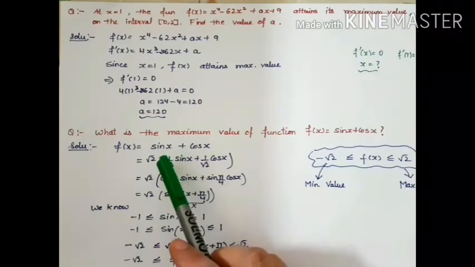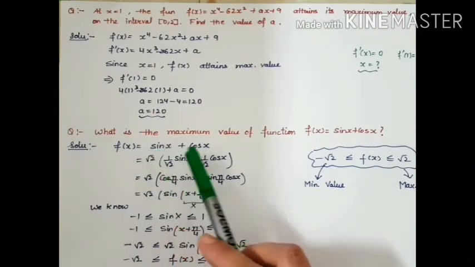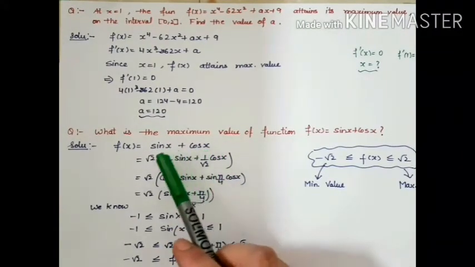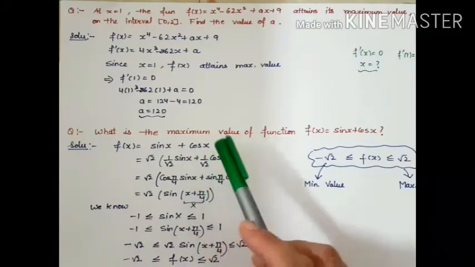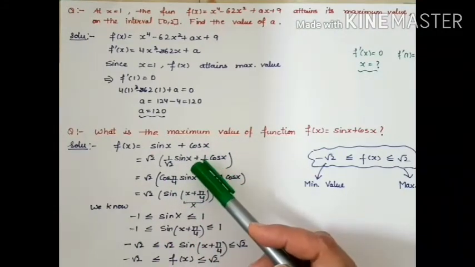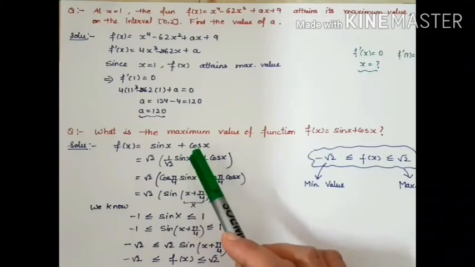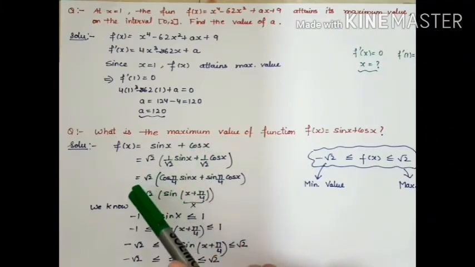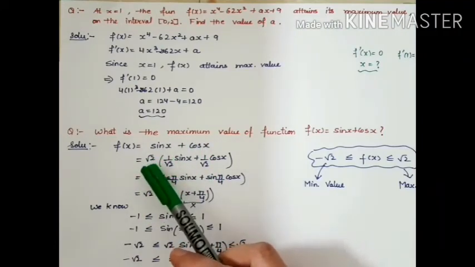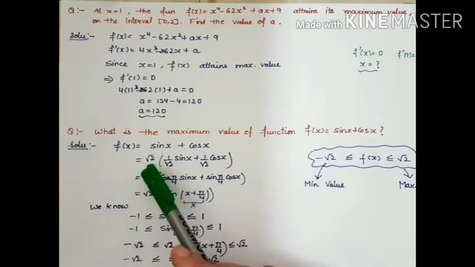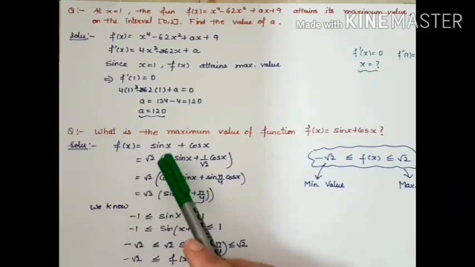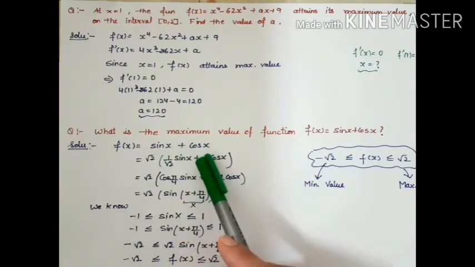This is a very familiar expression for us, sin x plus cos x. Whenever you get this, and you have to derive something from this, then always try to reduce it into one single term by applying multiplication and division of root 2. So what I have done in this question, multiply and divide the whole expression with root 2.